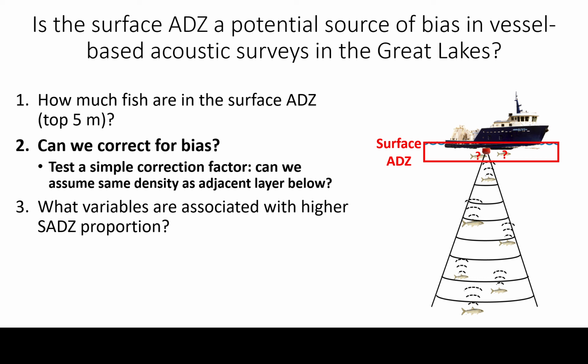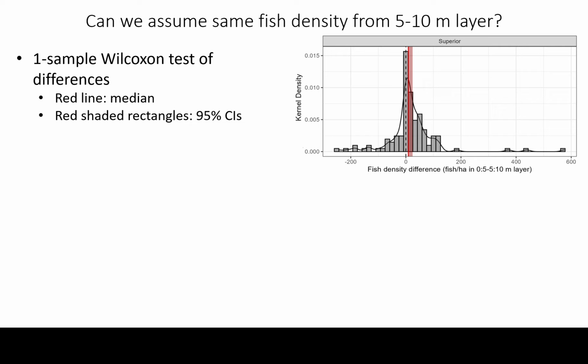So can we correct for this bias? We're going to quickly test for a simple correction factor. Can we assume that the densities of fish in the 5 to 10 meter layer are exactly the same as the 0 to 5 meter layer? We used a one sample Wilcoxon test of differences of paired transects or sections of transect in the 0 to 5 and 5 to 10 meter layer of water. That red line is the median,